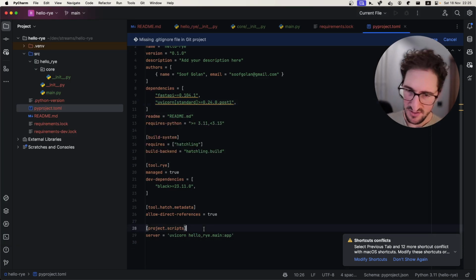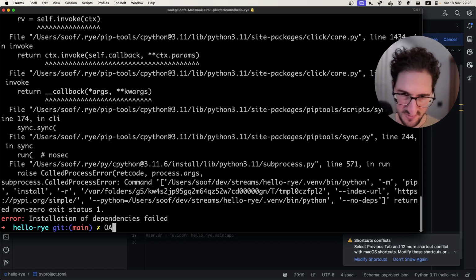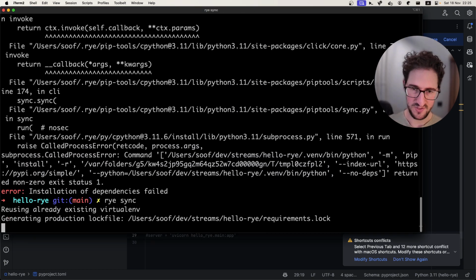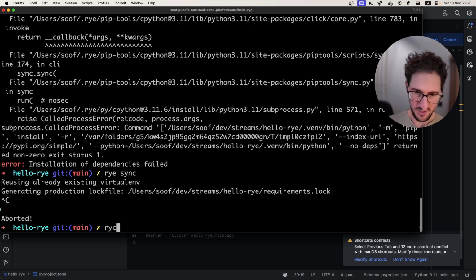Am I doing this wrong? Okay, let's just push the scripts for later, because we are in the middle of trying to run Rai sync, which does different things. Oh, actually, let's Rai